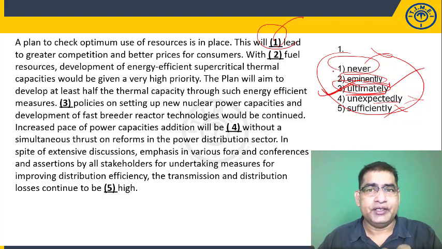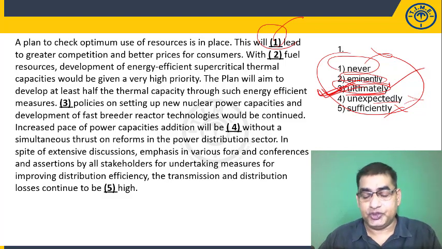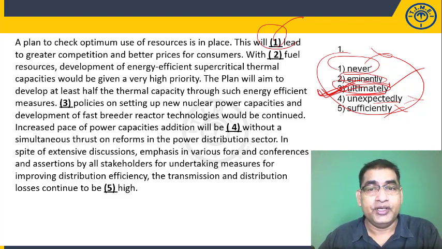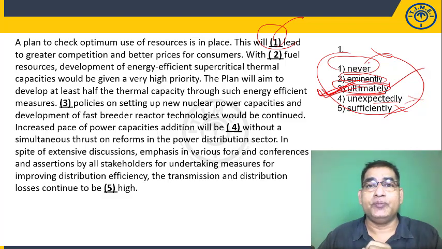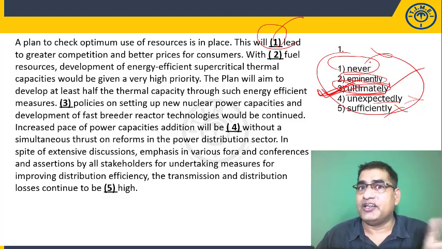You see how I already understood the answer idea and how easy it is now to select the answer. So first question, first blank, the answer has to be ultimately, definitely, finally, surely. So other answers are obviously wrong or opposite or out of scope. So this is how easy it becomes when you are sure of what the answer word should be based on the context and passage. If you directly go to the words, then you are in trouble.